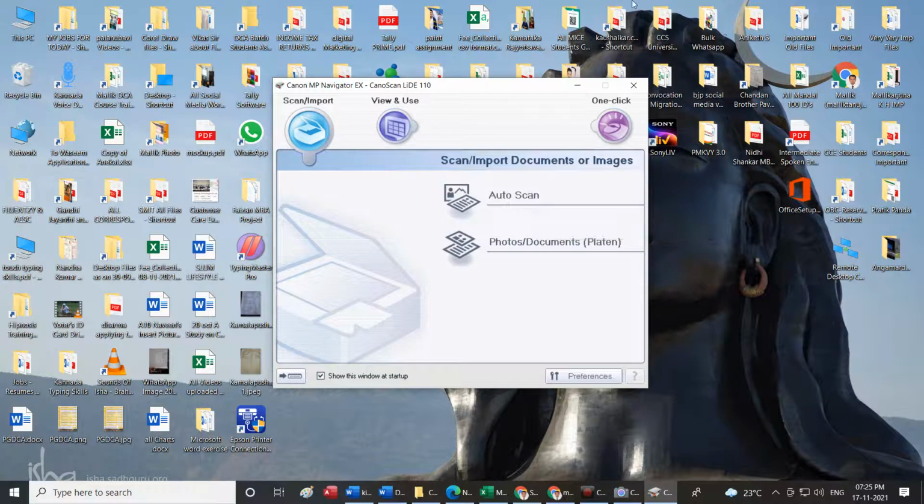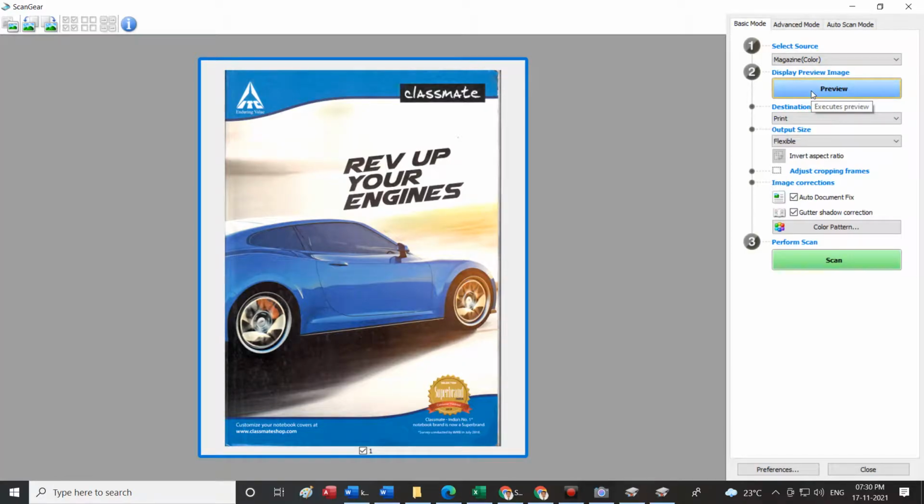I want you to write down the entire name so that you will understand: the scanner model number is Canon Scan LIDE 110, and the application software is MP Navigator EX. For all those who have not, the same thing can be done here also.